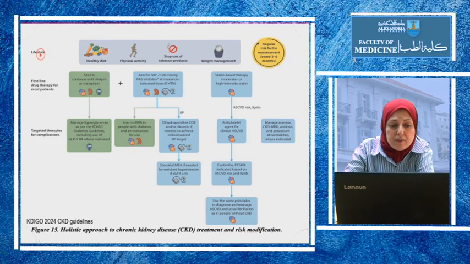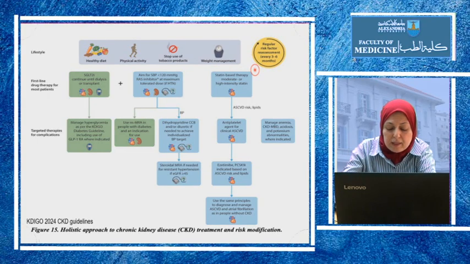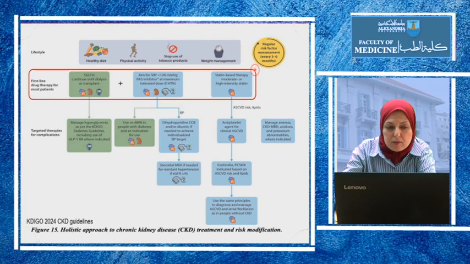In all patients, lifestyle intervention should be a very important part of the treatment. The patient should eat a healthy diet, mainly based on plants. Physical activity should be increased as tolerated by the patient. He should stop using any tobacco products, whether cigarettes or vape or also shisha in Egypt. He should manage his weight if he is overweight, and we should regularly assess them every 3 to 6 months.